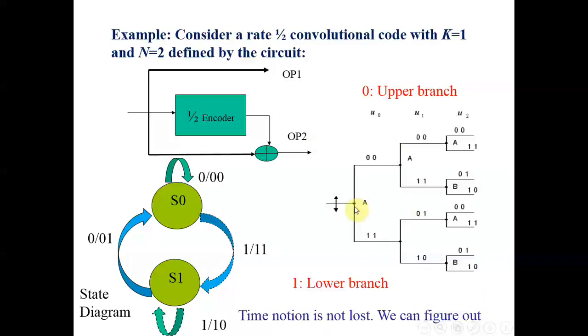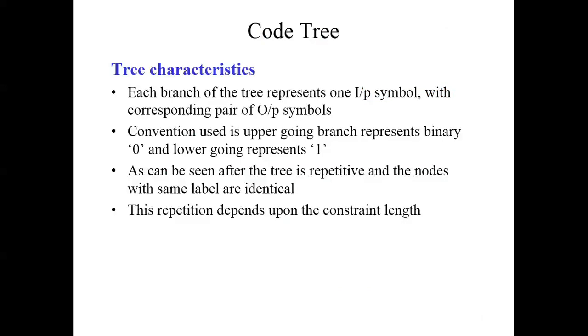So I hope you have understood the tree structure and state diagram representation. In the next video, we will see the third representation, and that is the trellis representation for the convolutional encoder. I hope that before approaching the third video, you go through the first two videos and get clarification on the concepts of basic convolution, what is the meaning of convolutional encoder, what is constraint length, what are different ways to analyze a convolutional encoder, and what are the representations. Just go through the state diagram representation and tree representation, and you can also try the tree representation for the encoder which we have already discussed.